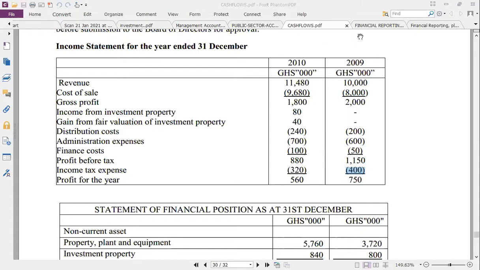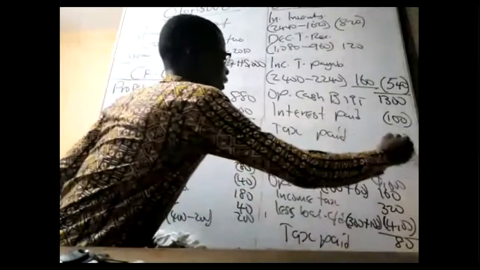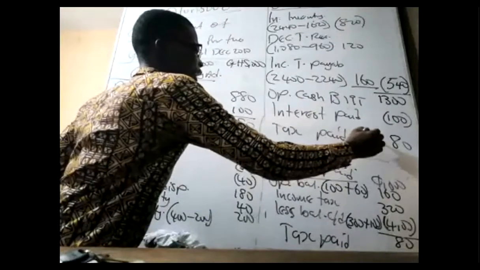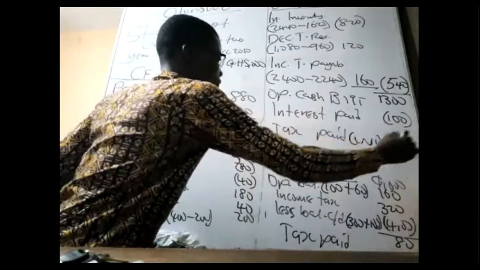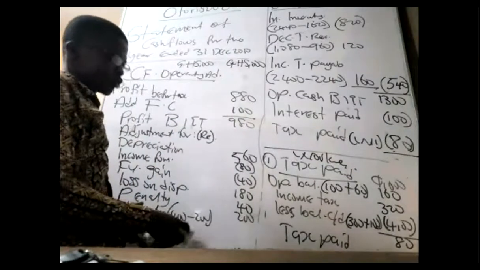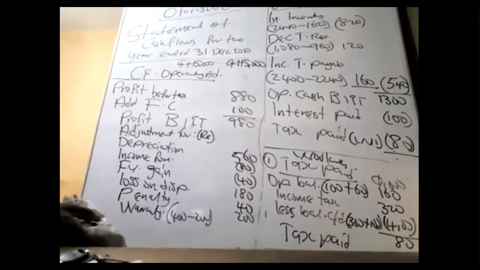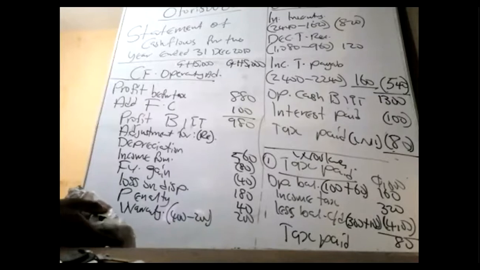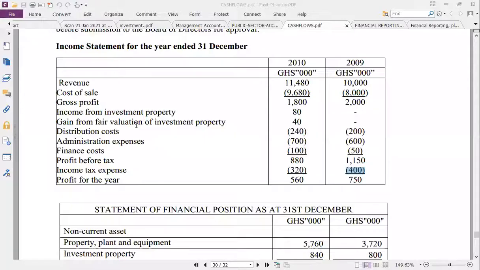Okay, so let's continue the game. On that note, I'll put the 80 here as the tax paid coming from workings number 1. Put it in brackets because paid, we are subtracting. At the end of the day, what is the net cash flow coming from? Operating activities. As soon as you are done with the operating activities and it's correct, we call it well done. Before we close the chapter of operating activities, let's go through it to catch everything.